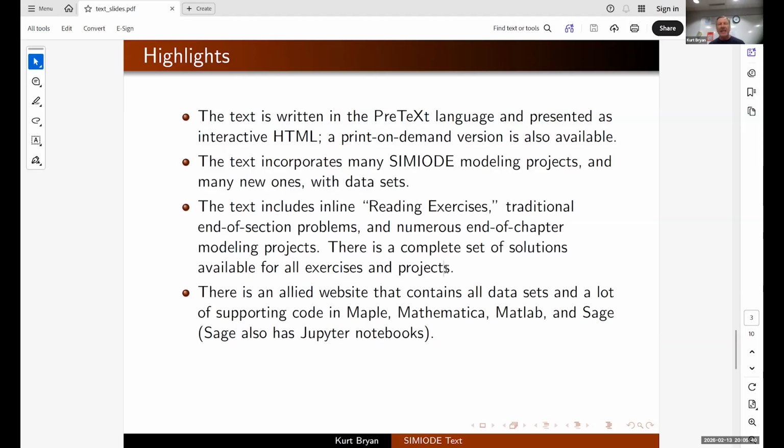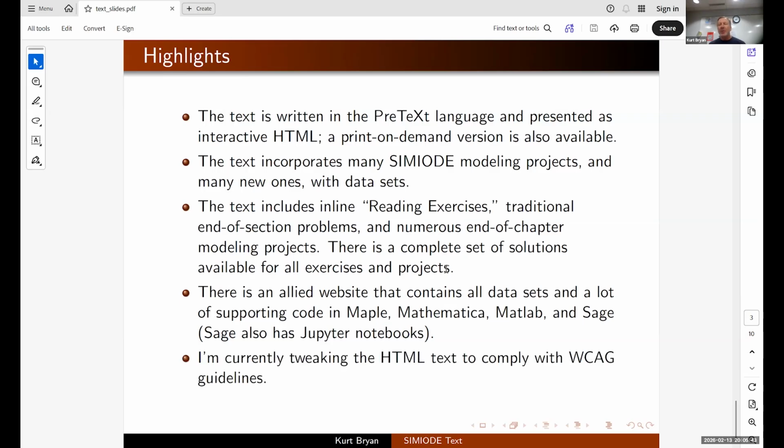And just in the last few days, the issue of is it compliant with web content accessibility guidelines? I'm happy to say the PreTeXt people have taken some care to make it generate HTML that is as compliant as it can be at the moment. And so I am going through right now, and my hope is to produce a completely compliant version of it in the next couple of months. The main thing is making sure all figures have alternate verbal descriptions and just double checking whether headers are compliant and things like that. But the PreTeXt people have said they are trying to make it generate compliant HTML.